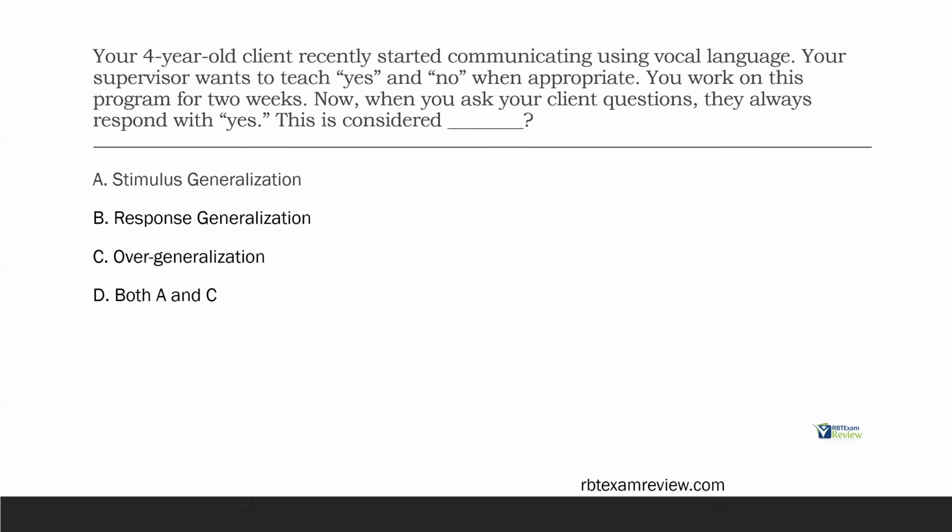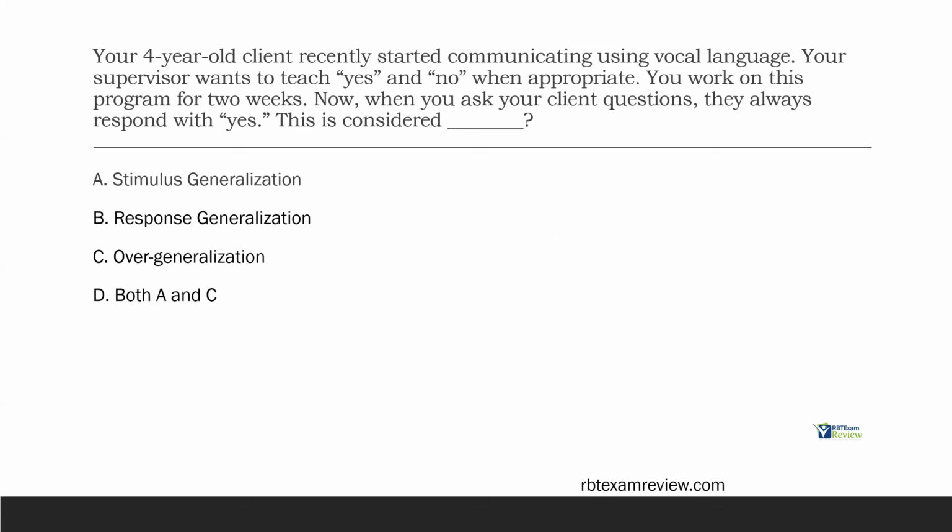For instance, if you're teaching somebody that a cat is called a cat, well, if you just teach that and they see a dog or a horse, they might now call the dog and the horse cats, right? They're not discriminating. They are just calling everything they see cats because they just see animals and they think cat, right? So what is that considered? That is a form of overgeneralization, right?